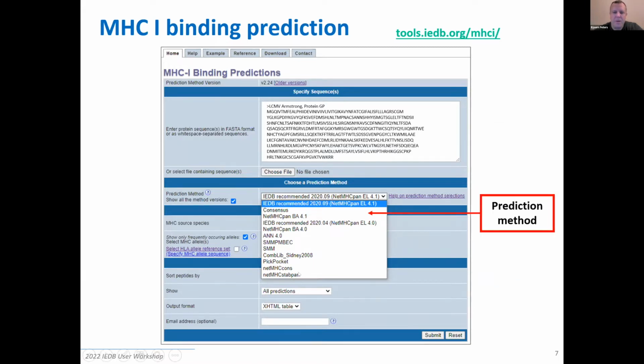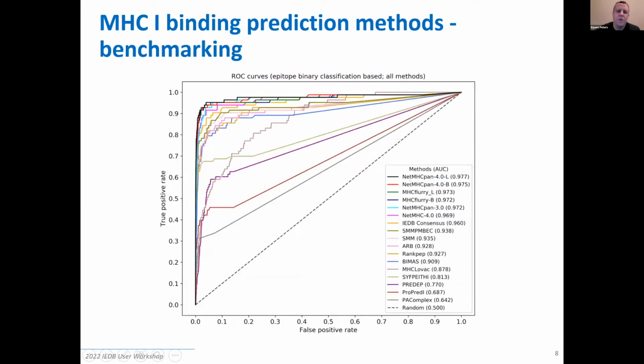As I said, we have multiple methods available. We have this concept of an IEDB recommended method, because there's many methods available and it is hard to compare. So a lot of effort actually goes into, on our side, to benchmark the different prediction methods that are available and compare their performance on test data sets that they hadn't seen before, which we then publish, and based on